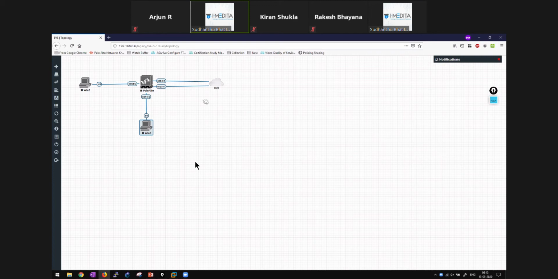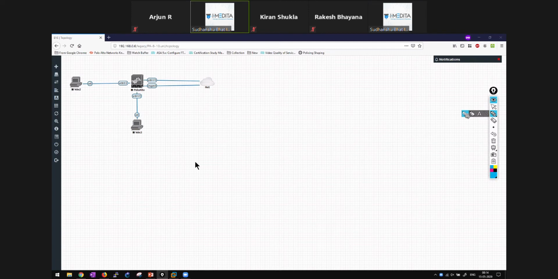Suppose I don't add these two and I power on the machine, and while it is powered on I realize I need to plug in another machine here. If you plug it in, you'll have to stop the node and start it again. So it's not hot swappable like in GNS. For now, I'm not going to use these machines, but let's start with the Palo Alto basic things. Just think that my laptop is basically on this network.